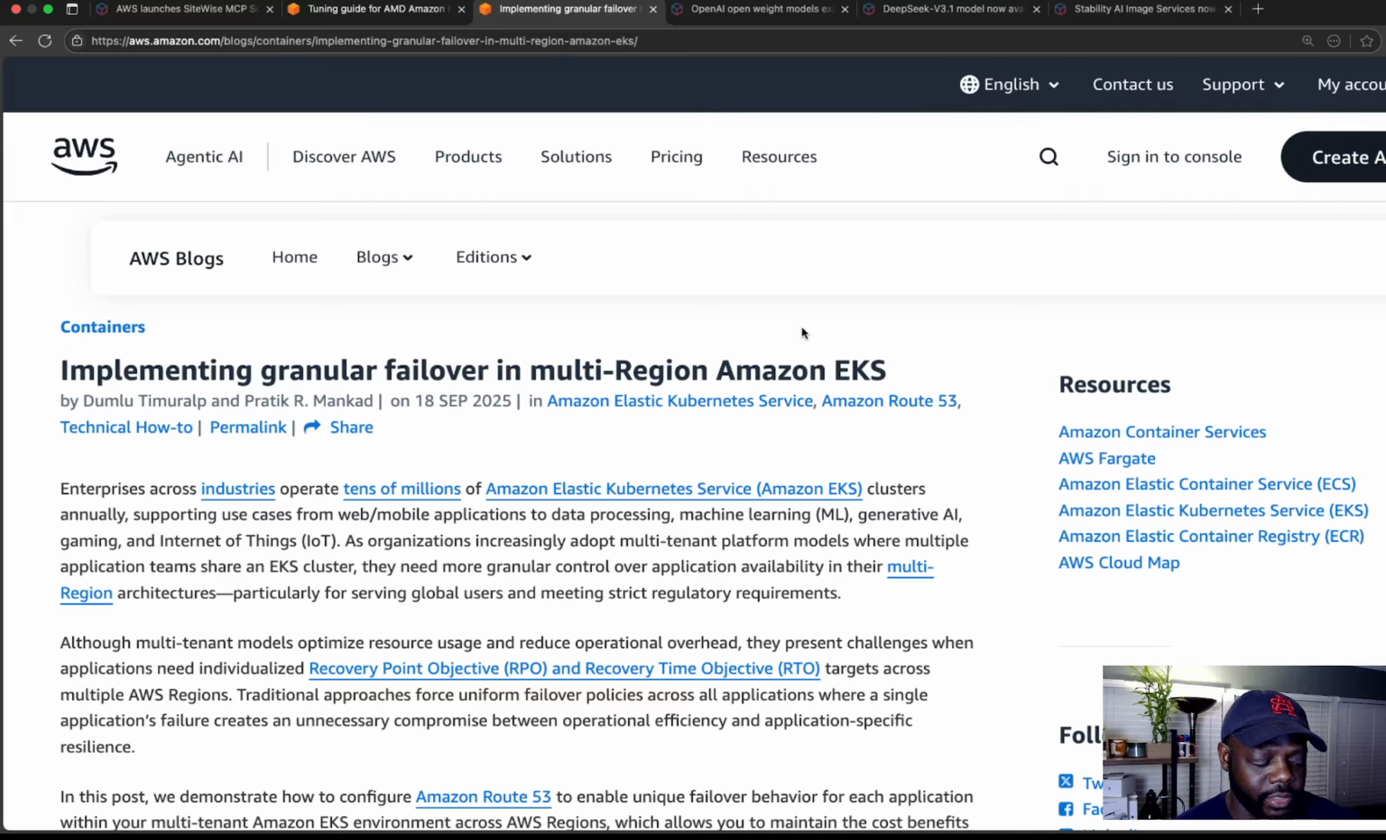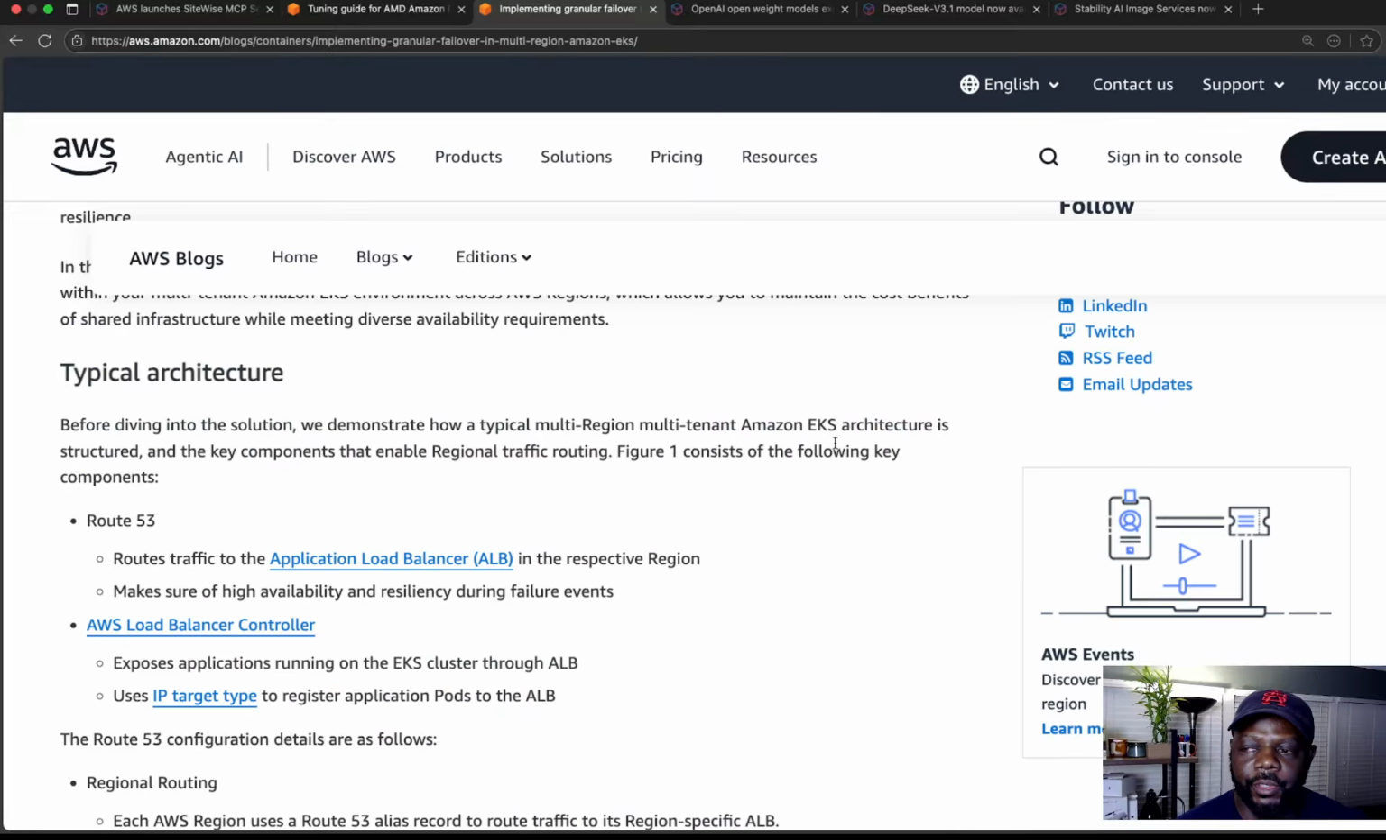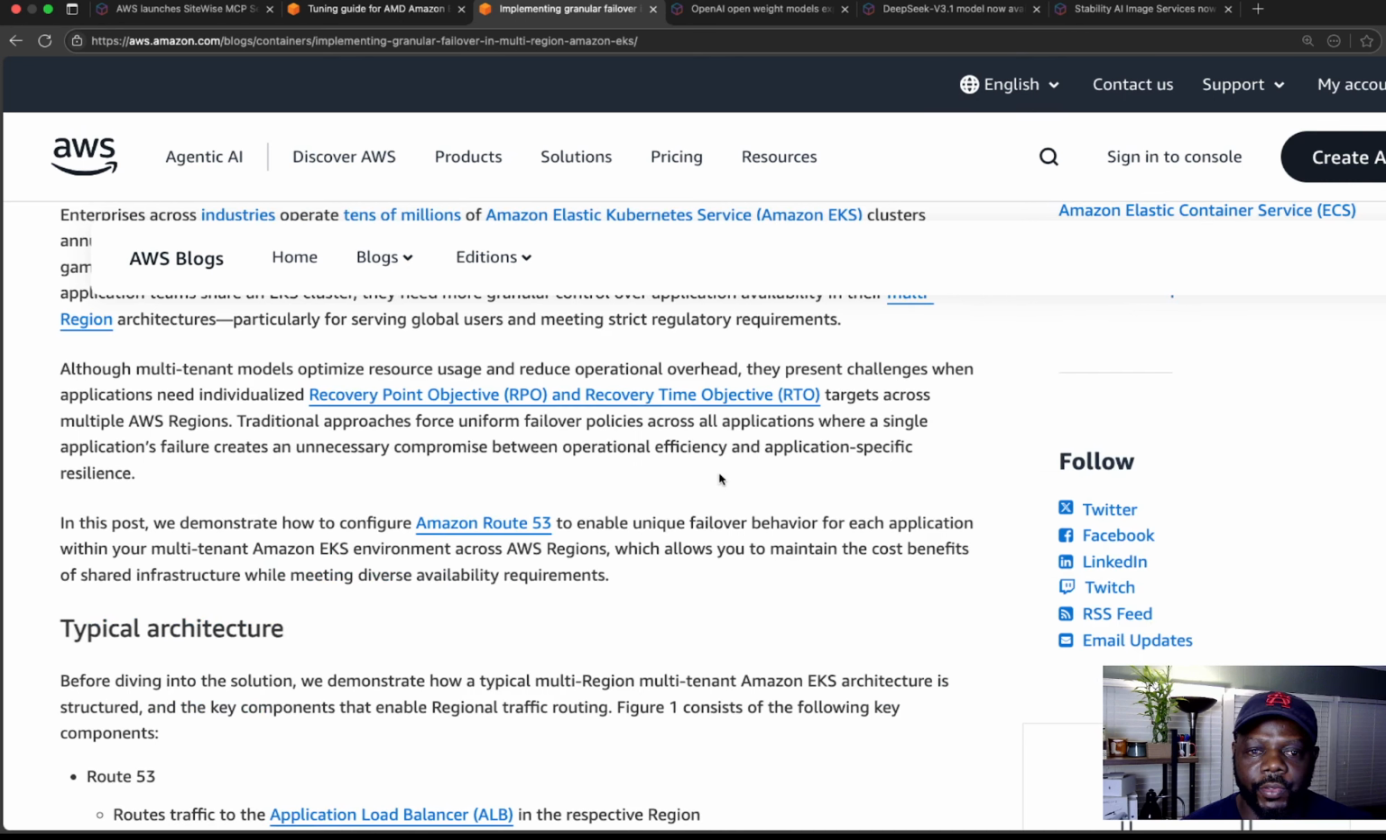It provides a typical architecture as well as the detailed explanation of the solution overview and the prerequisites required. So all of that's kind of laid out in this article. Like I said, I'll leave a link to that. It even has your RPO and RTO objectives outlined, and then it just goes on to say, all right, for